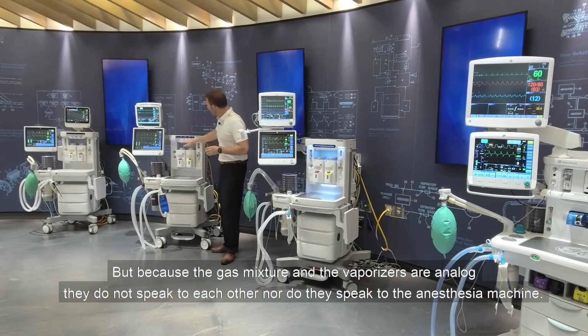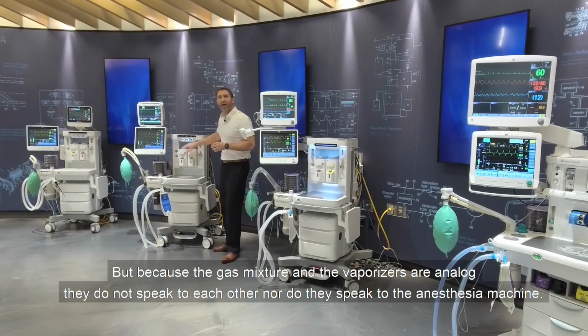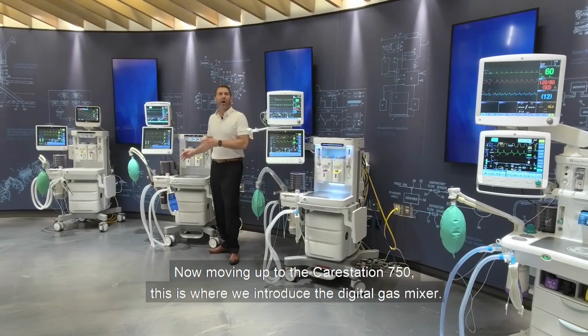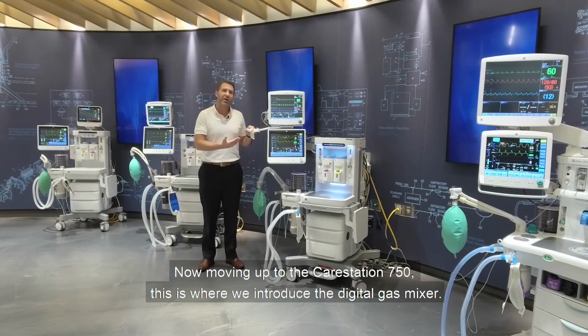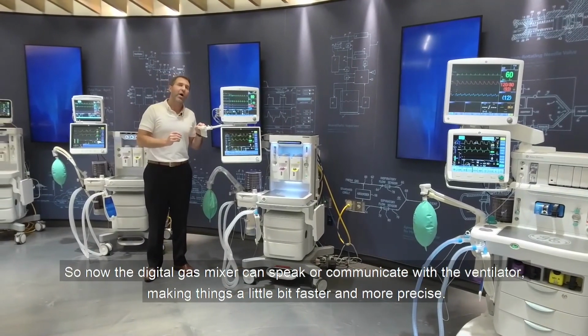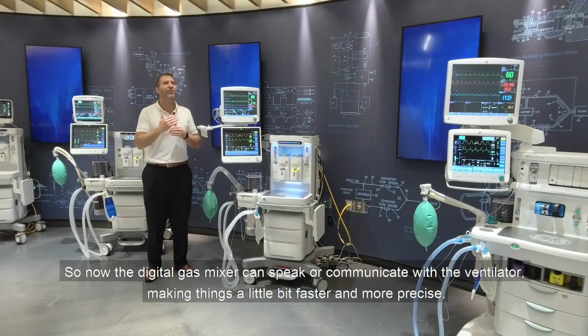But because the gas mixer and the vaporizers are analog, they do not speak to each other, nor do they speak to the anesthesia machine. Now, moving up to the Carestation 750, this is where we introduce the digital gas mixer. So now the digital gas mixer can speak or communicate with the ventilator, making things a little bit faster and